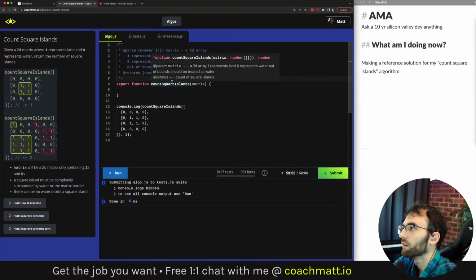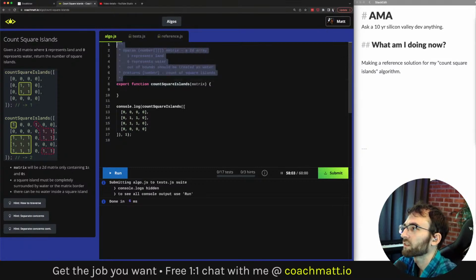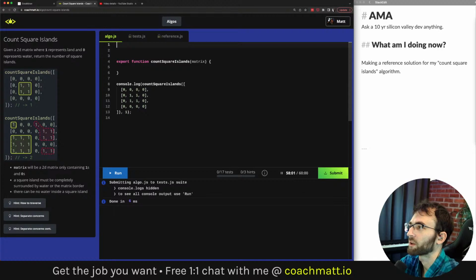So we can get rid of this comment for now just to save screen space. If we can think of helper functions, we can have a function, what do I want to call this? This will be the depth first search. So I could just call it search, and give it the matrix, the current row, and current column.